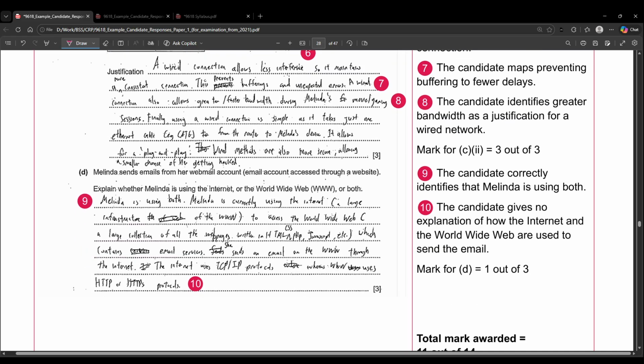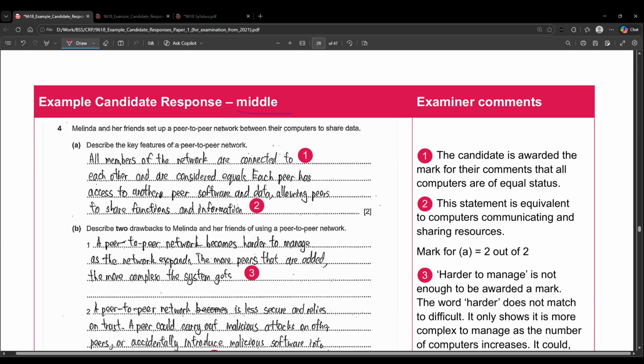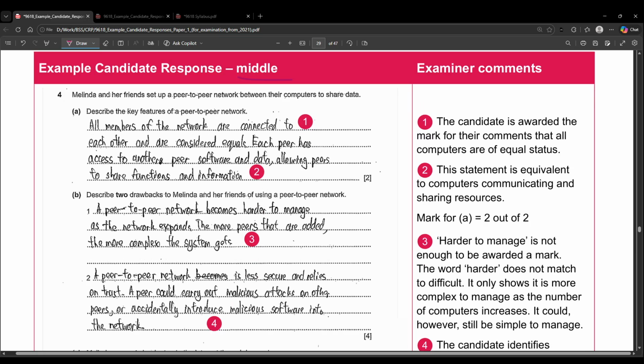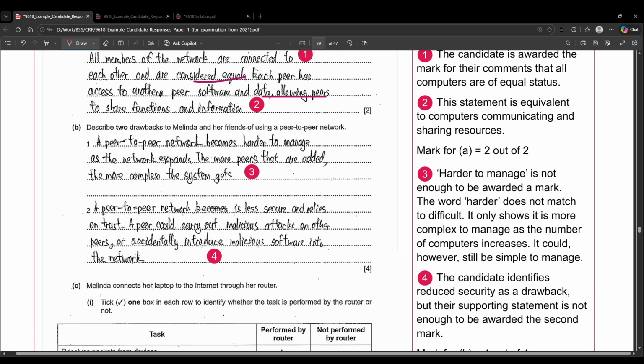Now we look at someone who got, okay, so let's move on to the average part. This person got average marks. Okay, all members are connected to each other and considered equals. Okay, somewhat big, but they get marked for this. They can access all the data from each other. Okay, this is fine. Then in the second part, they are saying